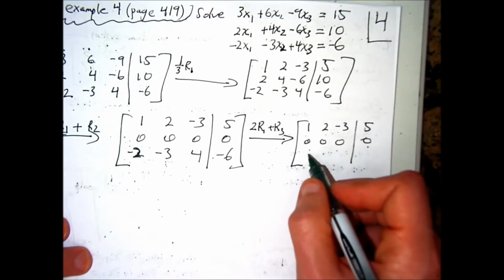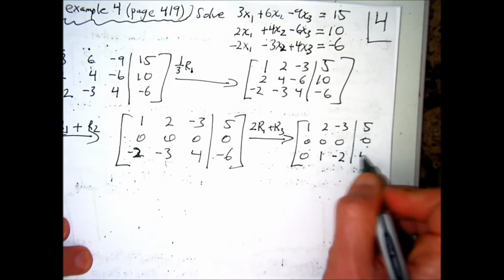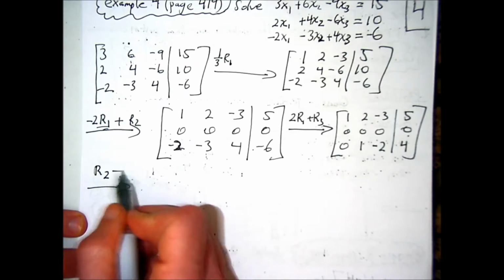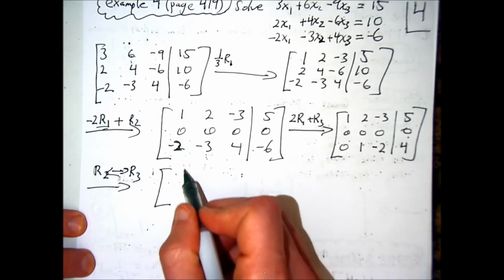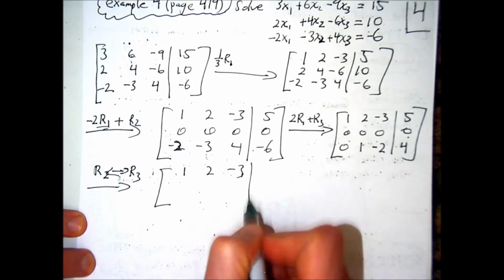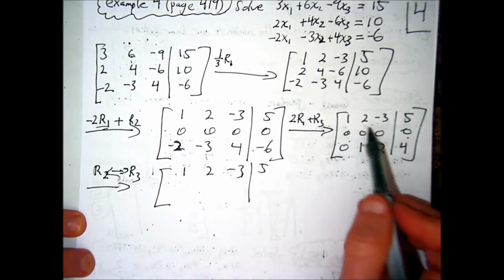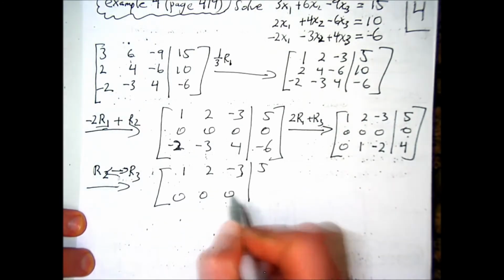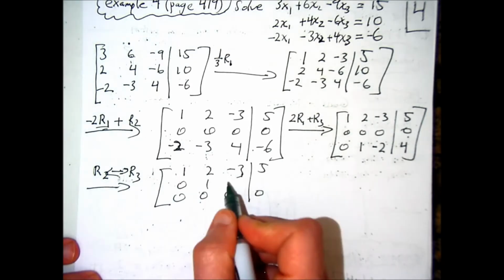And then row 3 becomes 0, 1, negative 2, and then 4. And now let's go ahead and switch because we're allowed to. Rows 2 and 3. So that becomes 1, 2, negative 3, vertical bar, 5. Why do we switch? Because any row of zeros has to be on the bottom. So 0, 0, 0, 0. And then 0, 1, negative 2,